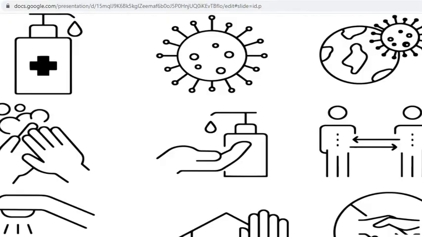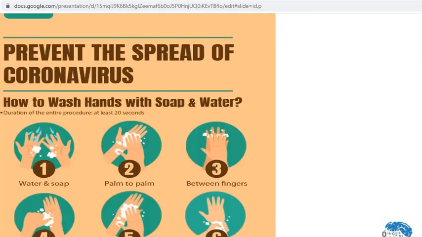To avoid coronavirus, stop going outside, stay home, stay healthy. If it is necessary only, please go outside. While going outside, try to avoid crowded places, maintain social distance and wash your hands. So how to wash your hands with soap and water? You should wash for a minimum of 20 seconds. First you should take soap and then rub palm to palm, and then between the fingers, and after that focus on your thumbs and rub even the back of your hands also, and then the wrist. By this you can